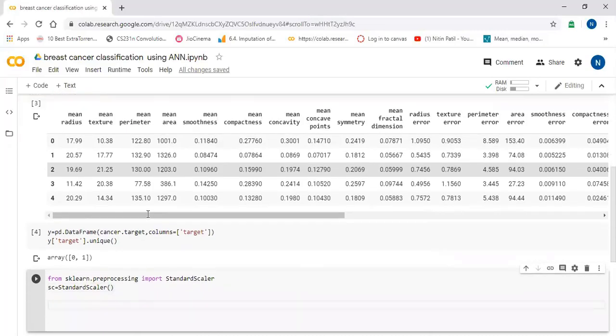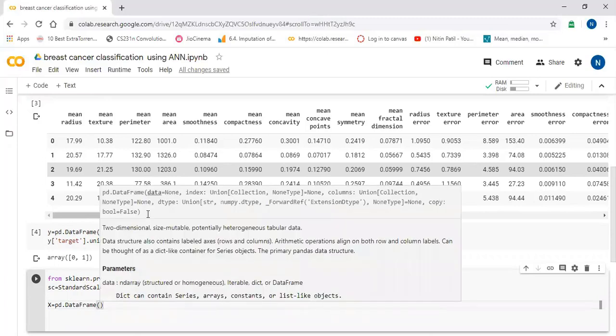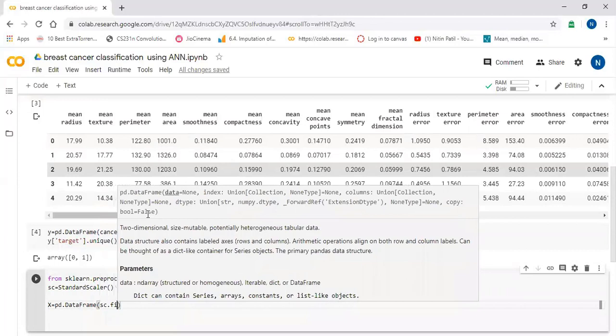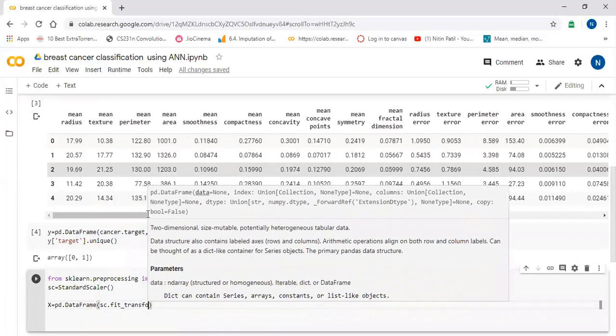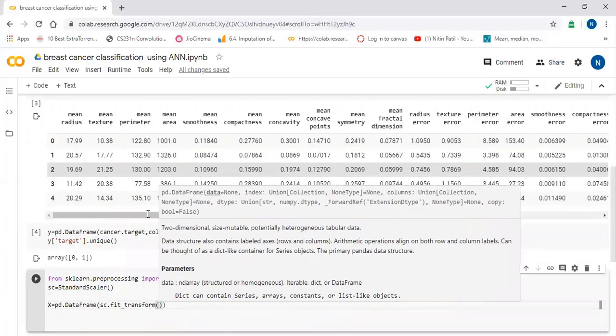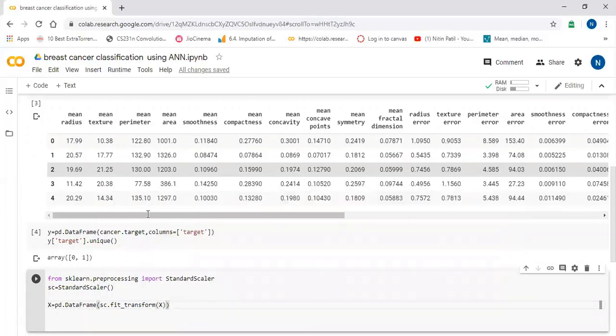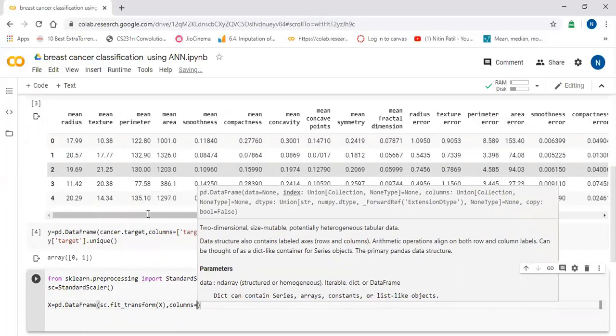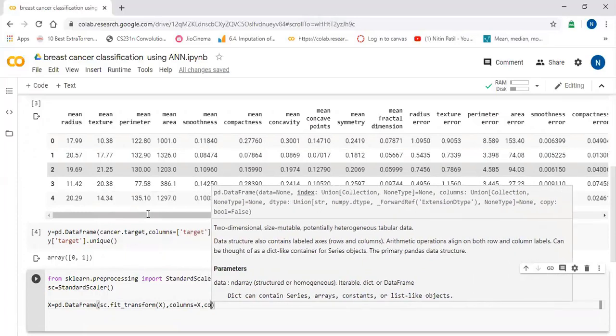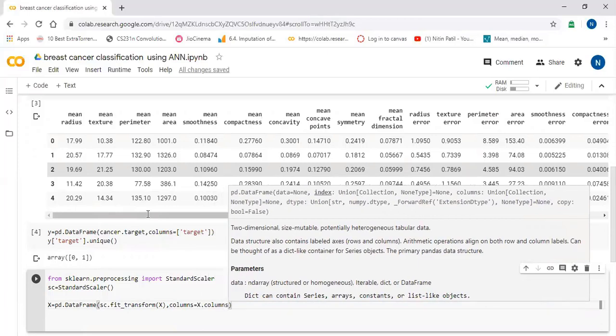Now I am going to apply the StandardScaler on our feature columns. So I will say X is equal to pd.DataFrame of sc.fit_transform on X which we have extracted, and columns is equal to X.columns.